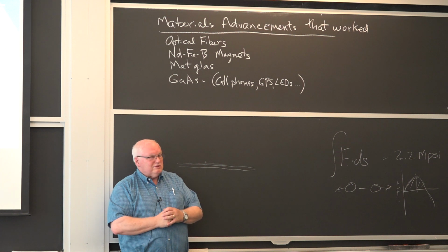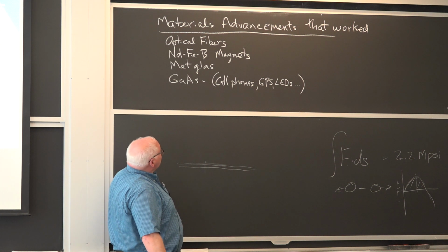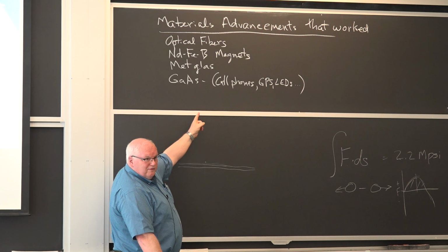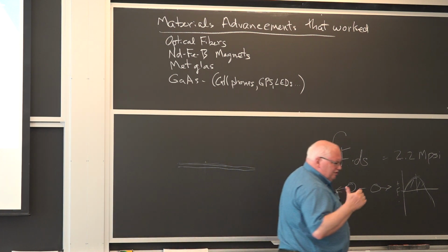But it's for a different reason. But the optical fibers were a huge success and changed the entire industry. They could only do that because of this gallium arsenide stuff. And it turns out if you went back 60 years ago, actually if you walk through the Delta terminal